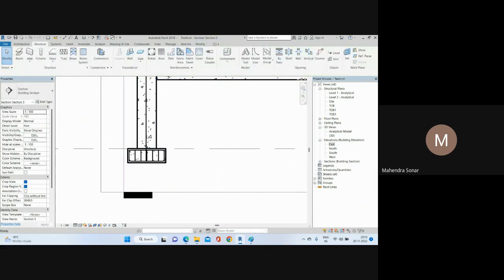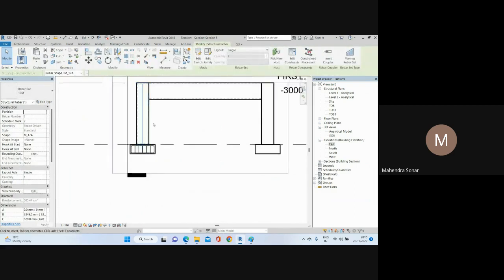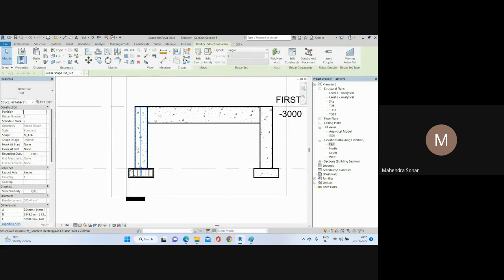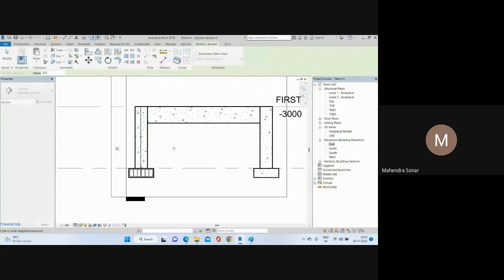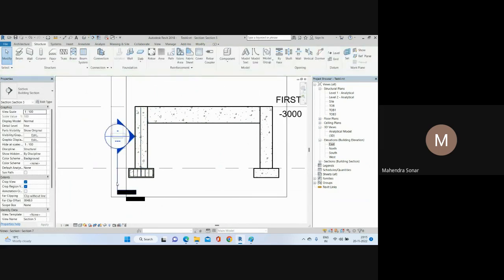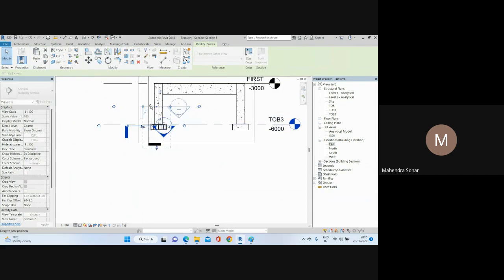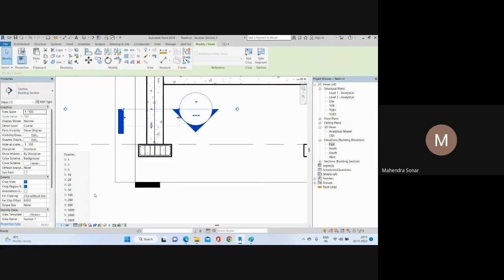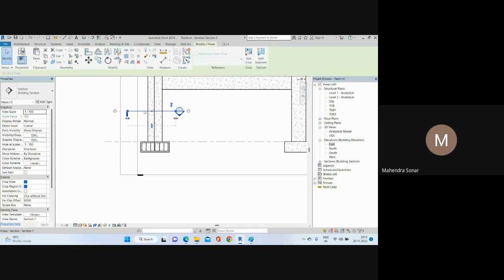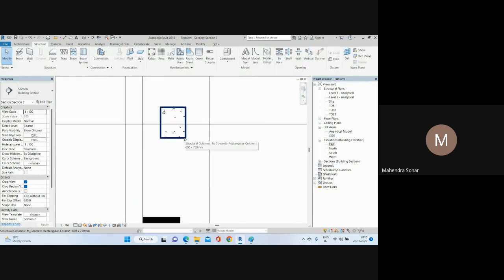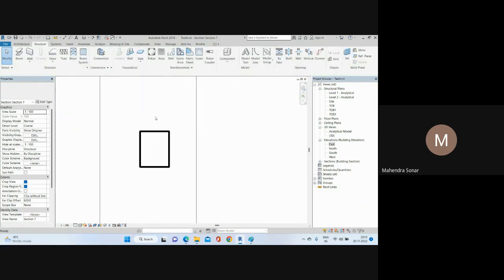So this one, okay, so we have added here, right? So I will cut a section through this column. Then you can just rotate 90 degree, select this and just rotate in 90 degree. Okay, and just move here. Just give up to here, and I will just increase the scale 25. Okay, and if you go to view, so your column it looks like. So where we have added the 1 bar,